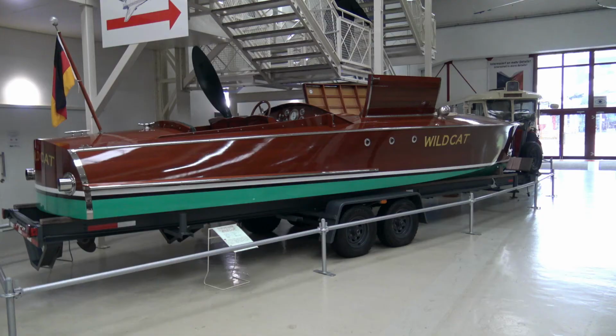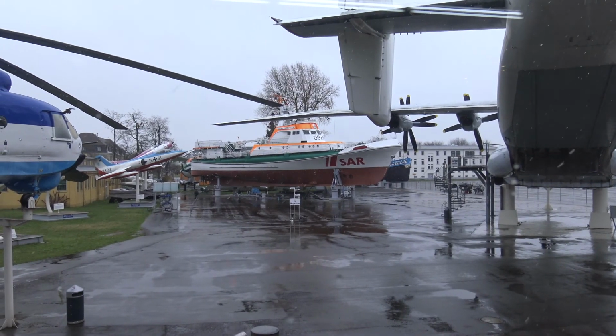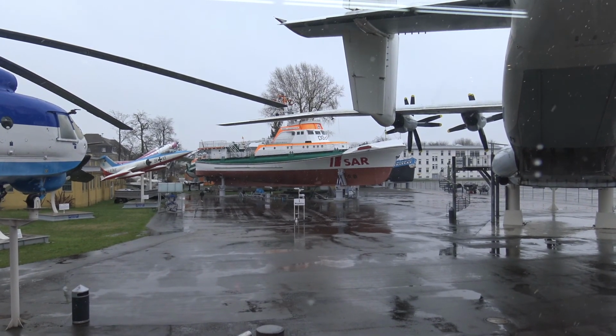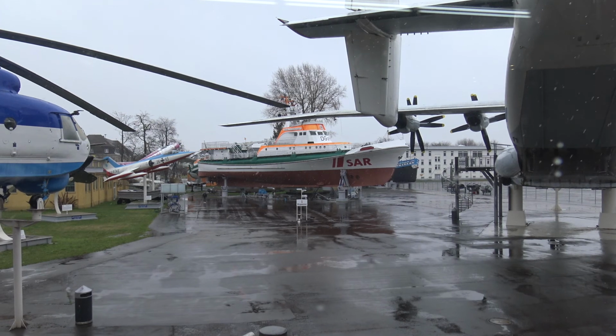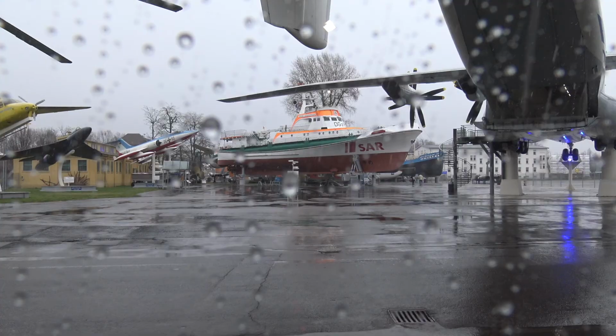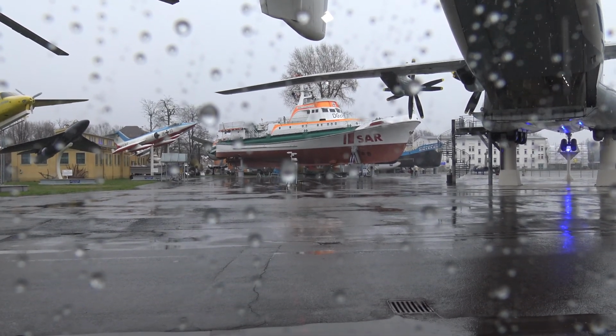A racing boat Wildcat from 1923. It has a 12-cylinder with 27 liters and 650 horsepower. A rescue ship John T. Essberger from 1975. The top speed was 26 knots, approximately 48 kilometers per hour. It is equipped with a small rescue ship, an onboard hospital, a water cannon, a bilge pump and other rescue